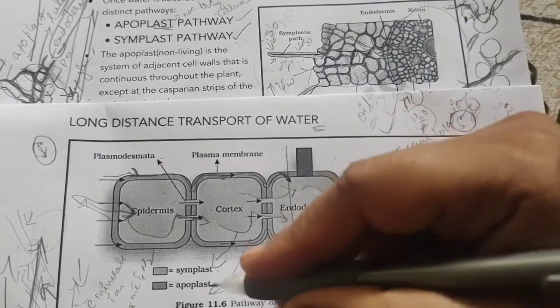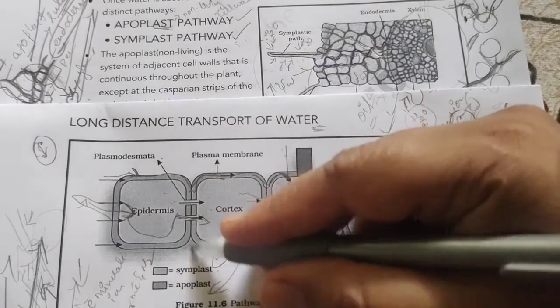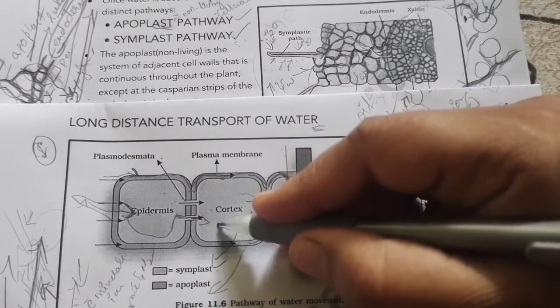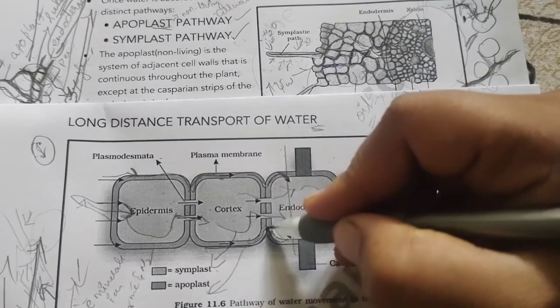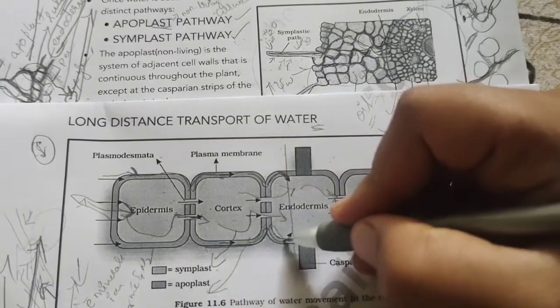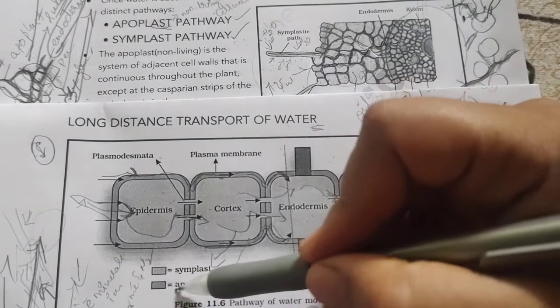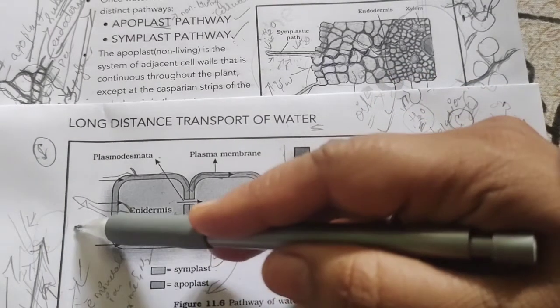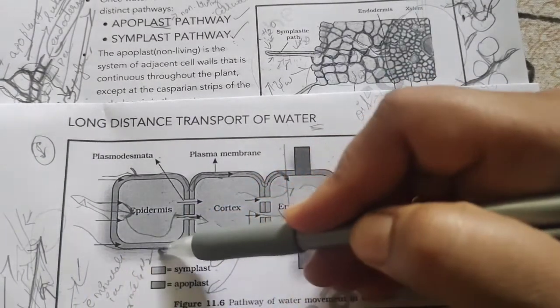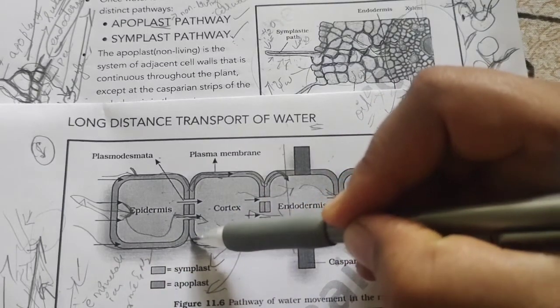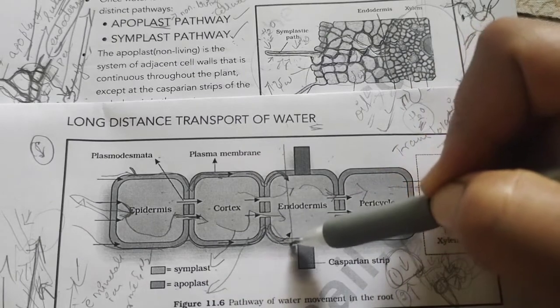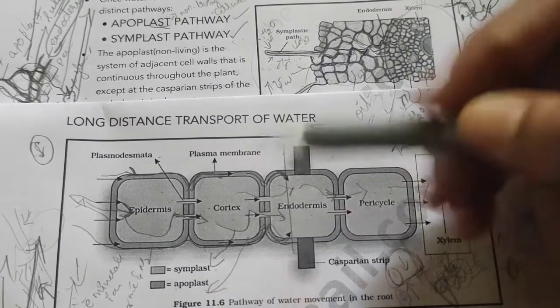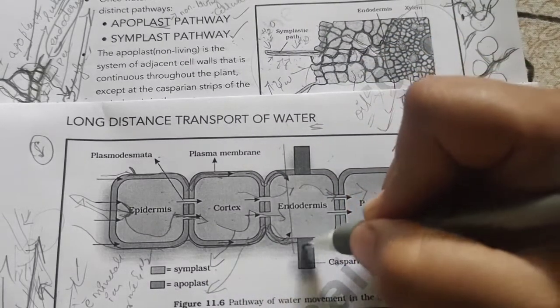But the problem is in the apoplast. See, I told you in apoplast water will not enter into the cytoplasm. Instead, water will move or travel along the intercellular spaces. So during this apoplastic movement, from the root hairs, water will be traveling through the cell walls of epidermal cells and then through the parenchyma cells, and then as soon as it reaches the endodermis, here this Casparian